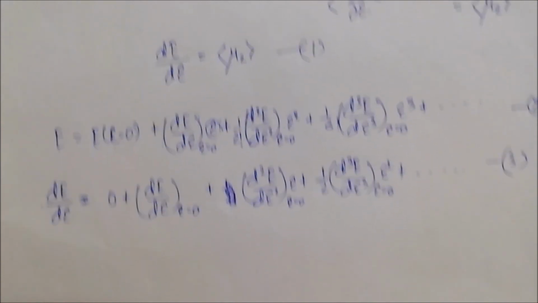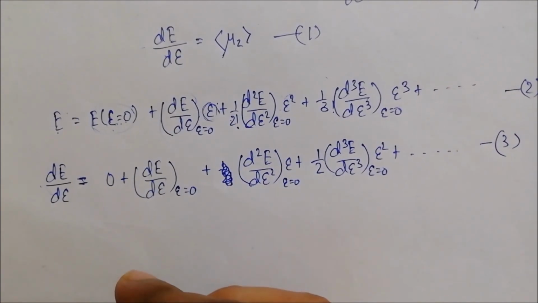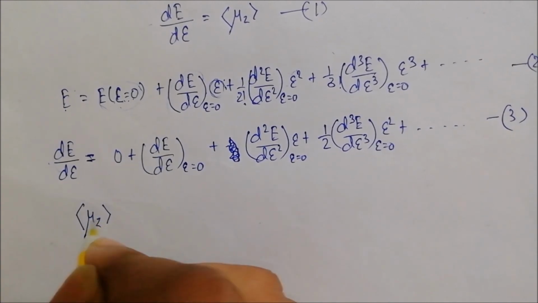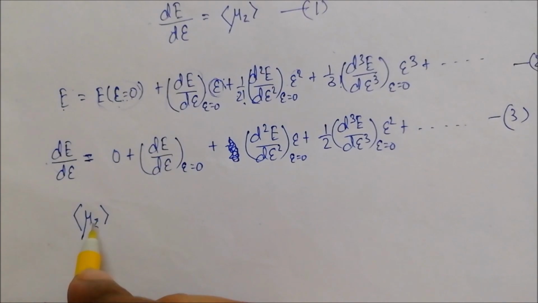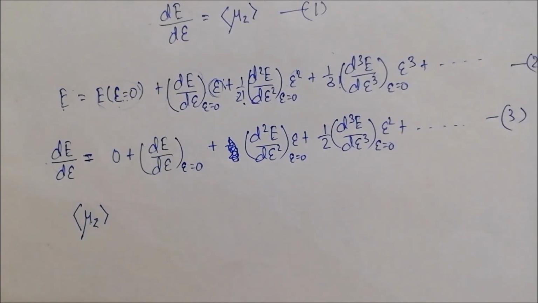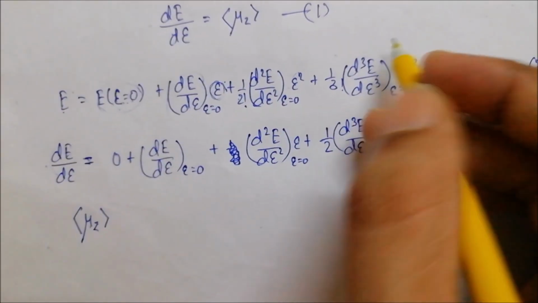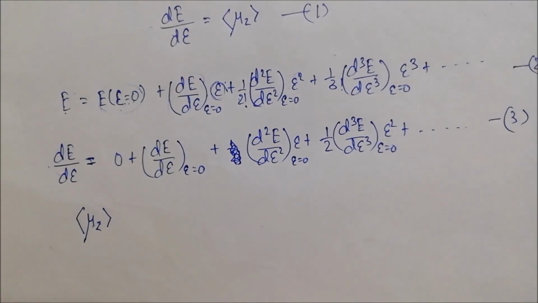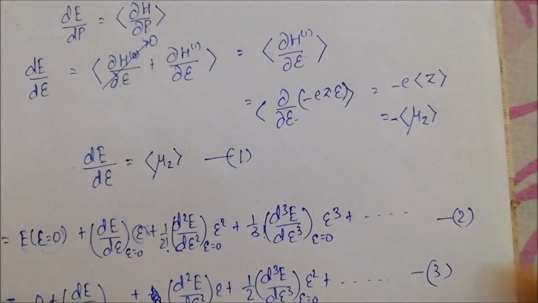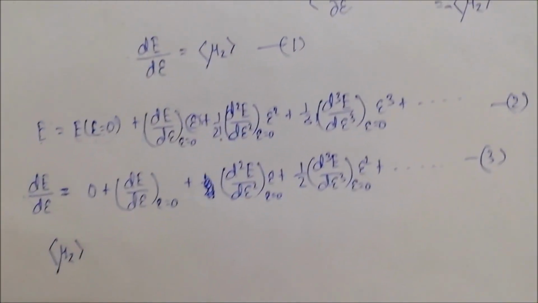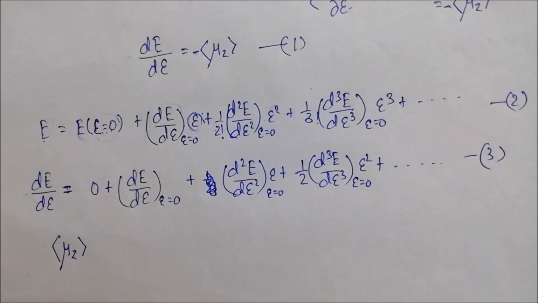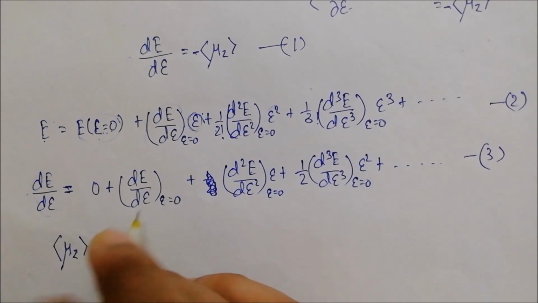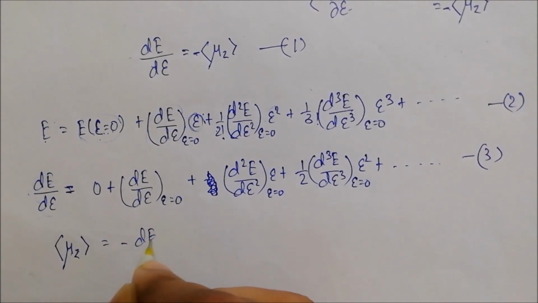Now what we can do is, we know that this is our expectation value of the dipole moment. So, oh sorry, there will be a minus term. Yeah, so here there will be a minus term. So here also we have a minus. So mu z will be the negative of this derivative, and it's just given by this.